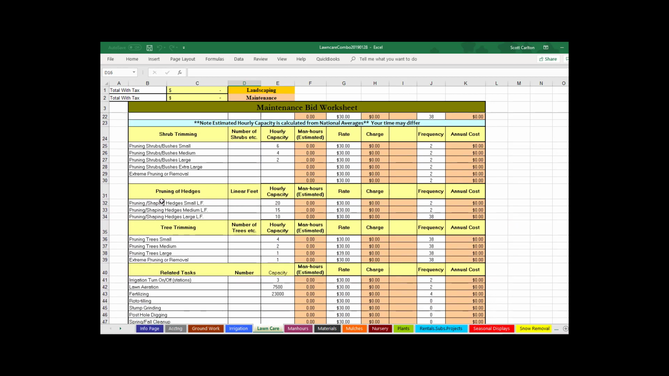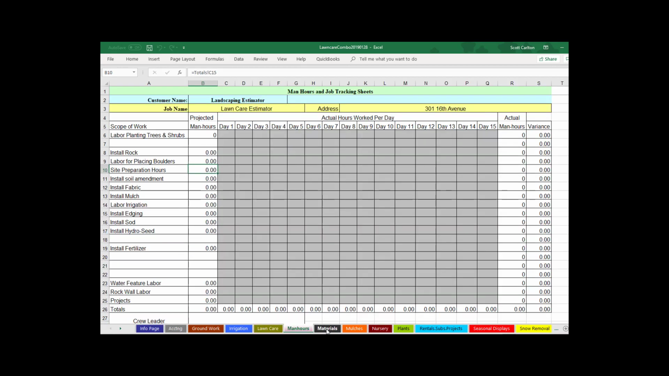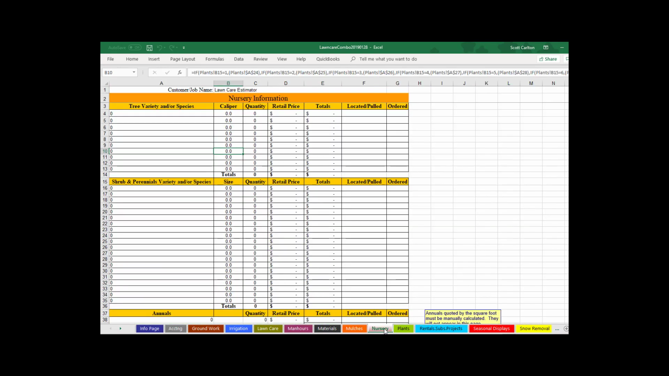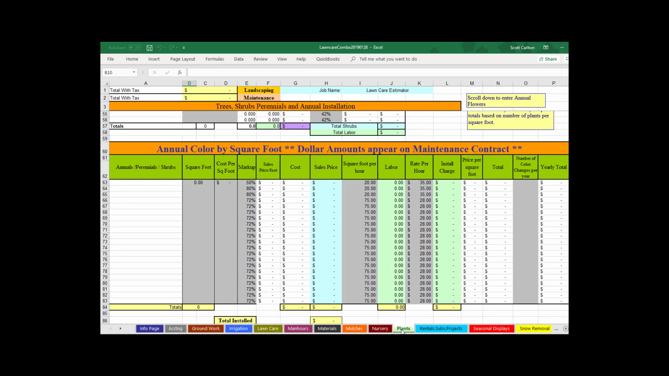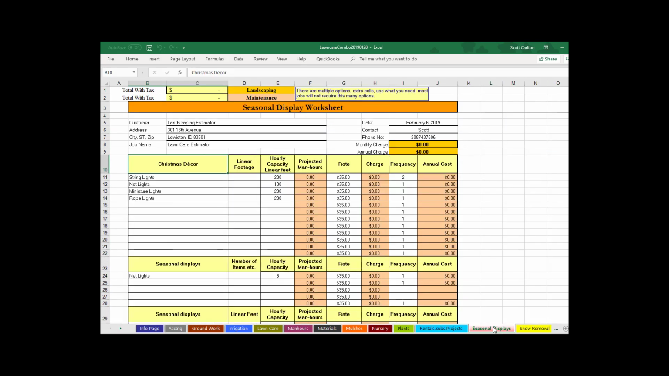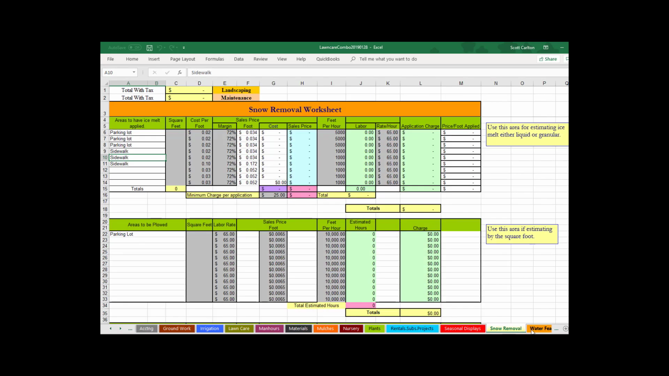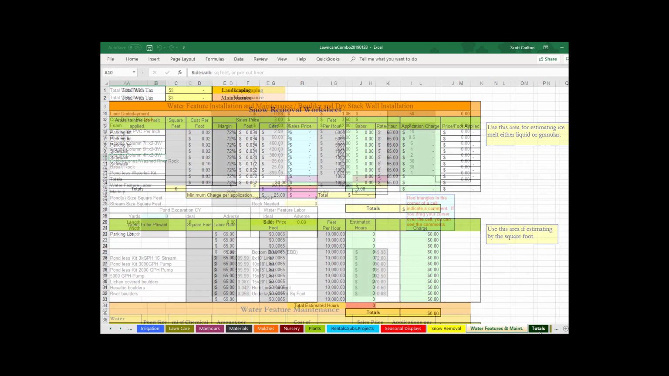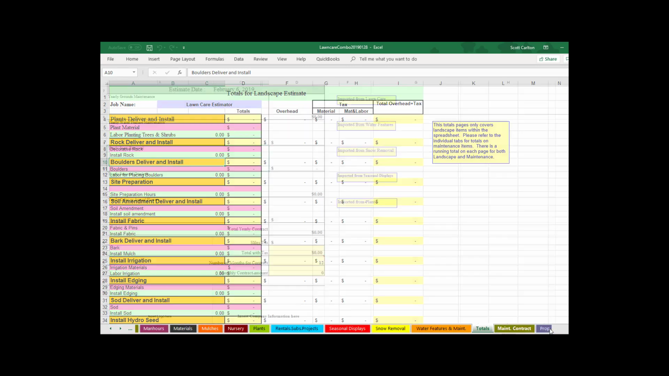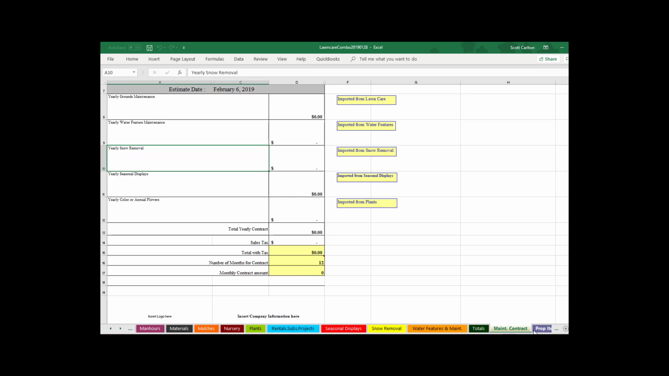This particular spreadsheet also includes a man-hours report, materials list, mulches, different types of mulches, a nursery list, a plants page, rentals, subcontractors, special projects, seasonal displays. We include a section for snow removal, water features and water feature maintenance. This is all in the landscape portion. A totals page that gives you a quick rundown on the totals, and then we include a maintenance contract, and